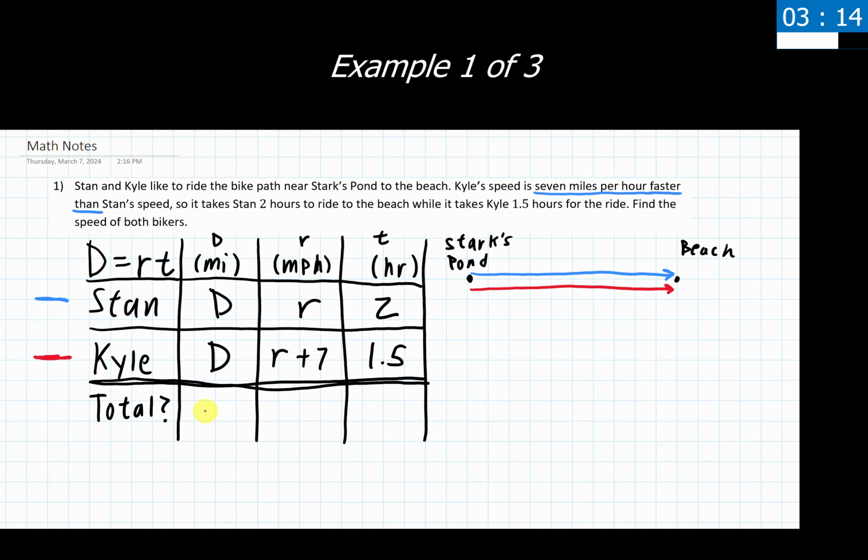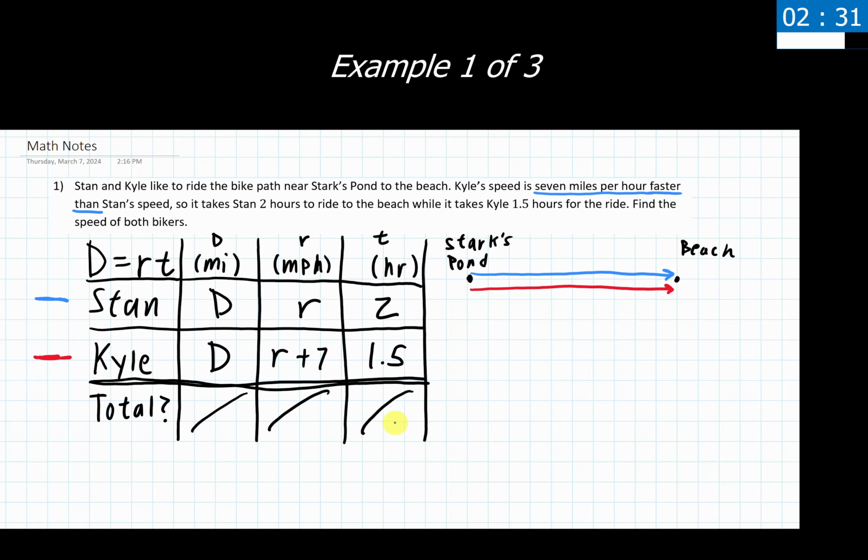Now, am I going to be using any total information here? Am I adding the distances together? Nothing really looks like it would make sense to do that, so we're just going to go ahead and put a line through it and say we're not going to use that here. Rarely, if ever, do we add rates, so we're not going to end up using that here as well. And do I have a total time, like I add these times together? It doesn't make any sense in this problem either, so I'm not going to use this total column for this particular problem. And that happens fairly regularly with these. We will see other problems where we will need this total row, so I do think it is worth writing in all the same, even if we don't use it for this problem.